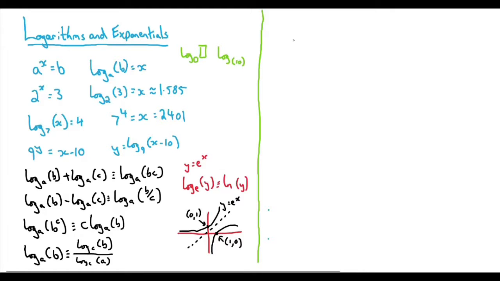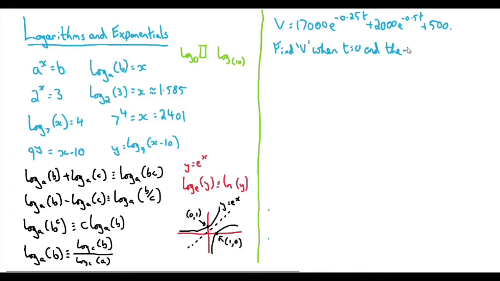What if we had that v equals 17,000 e to the minus 0.25 t plus 2,000 e to the minus 0.5 t plus 500. Find, first of all, v when t equals 0, and then the exact value of t when v equals